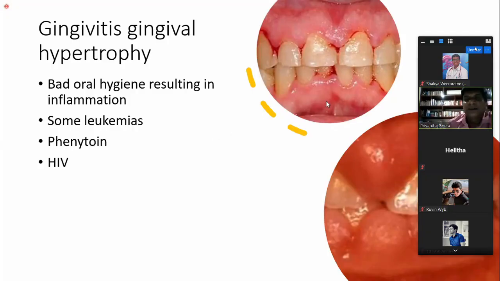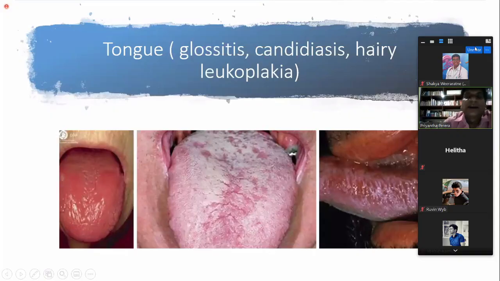And then you have to look at the tongue. The tongue can be a very useful site of physical signs. Look at this tongue. What do you see in this tongue? Compared to a normal tongue, what do you notice in this tongue? Color? It is more red, right? More like a beef-like red color.